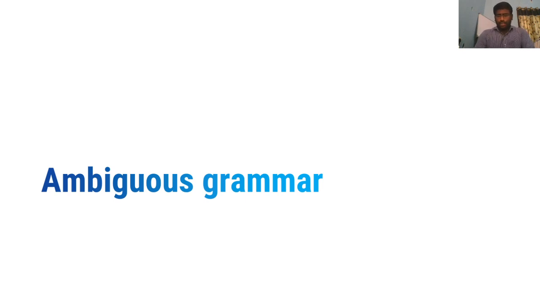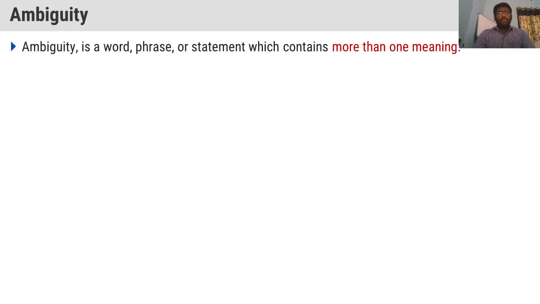Let us discuss the topic called ambiguous grammar. What is ambiguous grammar? First we will understand what is ambiguity to understand what is ambiguous grammar. See, ambiguity means what? Which gives more than one meaning. Ambiguity, confusion, many times I told you. It is a statement which gives two meanings so that we will get a confusion. That is called ambiguity. Or otherwise it is a statement which contains more than one meaning. So that is called ambiguity.